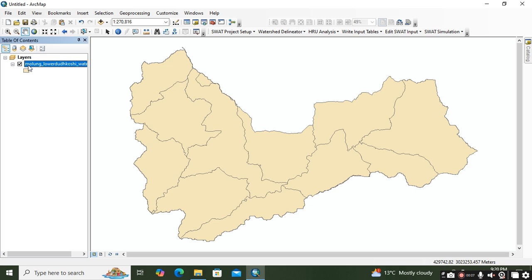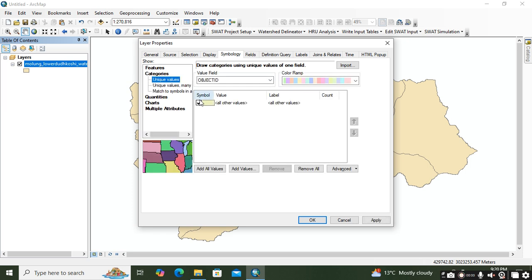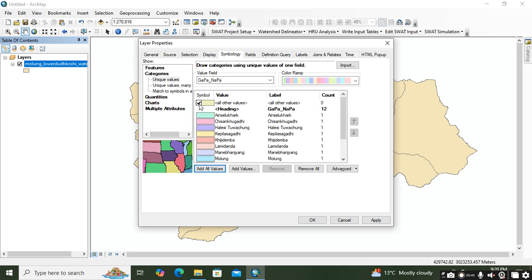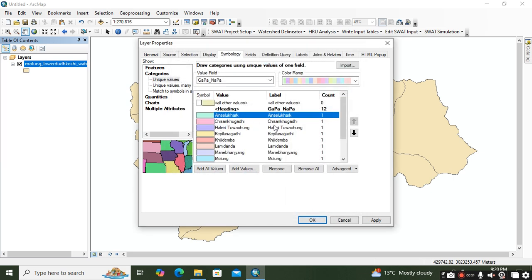we have to go here, then right click, Properties, go here to Symbology, then Categorized. In the category we have to select the municipality. This is the municipality attribute. That attribute we have to select, then Add Values. We don't want this one, and we can change the color also from here, whichever color you want. Okay, and then after